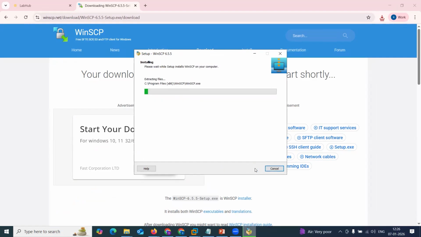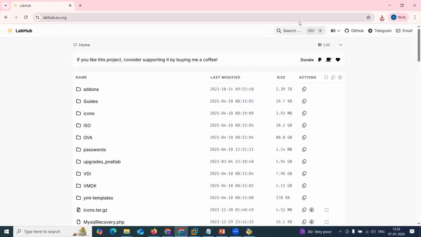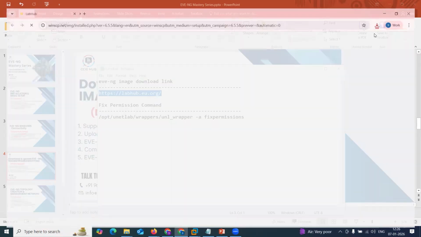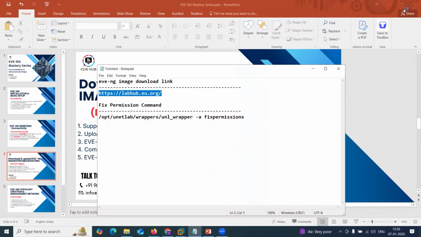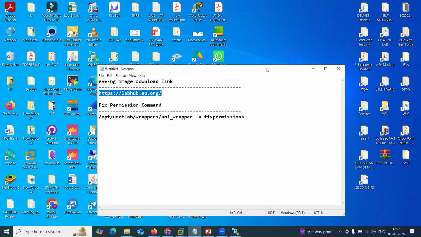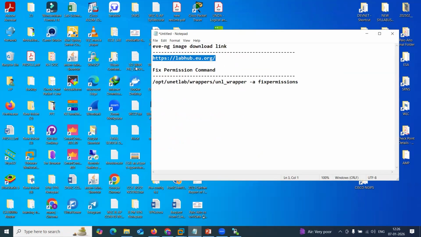Next, next, install. Now, once this WinSCP is installed, close all the links.